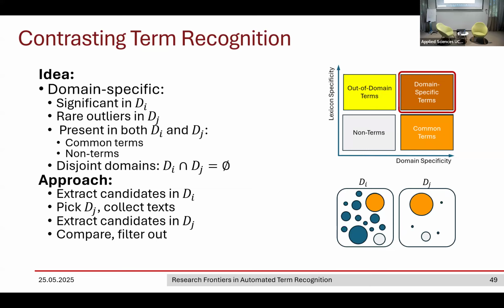Physics and mathematics are good examples because those have an overlap. For example, time could be almost equally frequently met in both physics and mathematics. And this is the problem. So as I have written at the bottom of this slide, the problem is how to ensure that the domains are not overlapping. So you have to very carefully select the corpus for a different domain to somehow ensure that the terminological footprints are different.